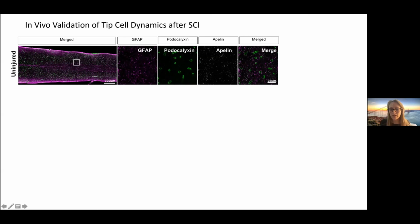And then we used the marker apelin to mark the tip cell population. This is very well described in the literature as a marker of tip cells. And this is the merged image. So you can see there is a little bit of apelin staining randomly in the tissue in the uninjured condition. There are some papers that suggest that neurons can express apelin in the uninjured state, so we think maybe that's where this